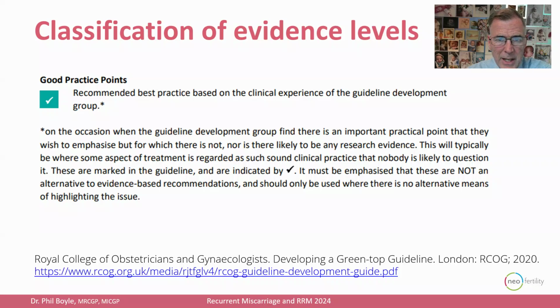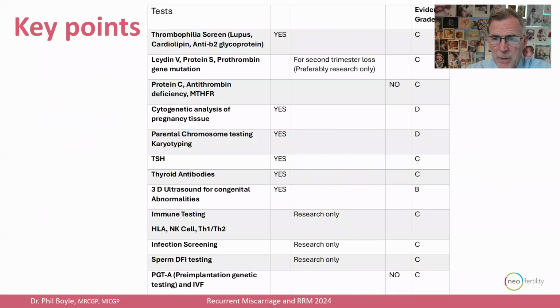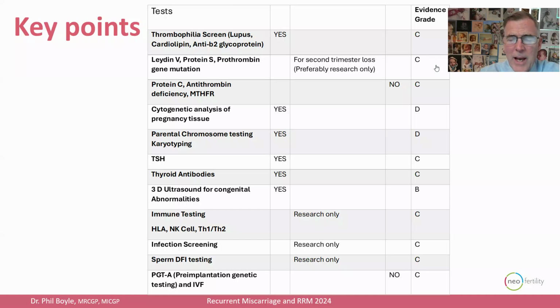So it's using this type of a lens. The specialists within the Royal College of Obstetricians and Gynecologists went through all the published data, hundreds and hundreds of published studies, to see, well, what evidence do we have to say that what we think is an effective investigation or treatment actually is truly effective. And it's always good to stress test any ideas or evidence that we do have, because we have to allow it to be scrutinized by our peers to say, do we really have enough evidence to support whatever our practice is.